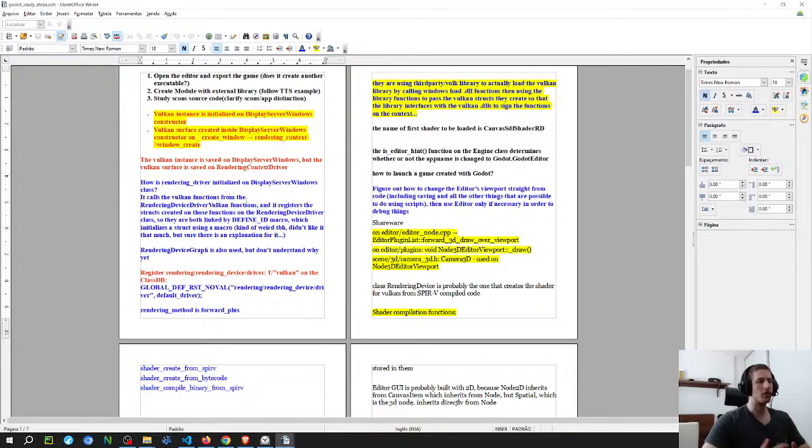So as far as I understand now, the first time that you run, it checks to see if you have shaders cached on a certain path. And if you do have them, then it's just gonna load those shaders. I also found that